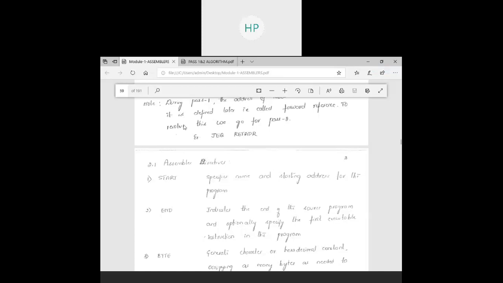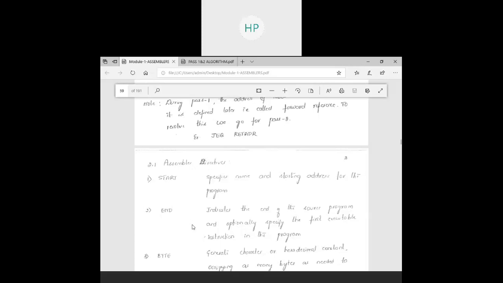Different assembly directives which are present, we call them keywords in a language. We say int is a keyword, main is a keyword, void is a keyword, which cannot be used as a variable name. The same way here, those are called assembly directives.